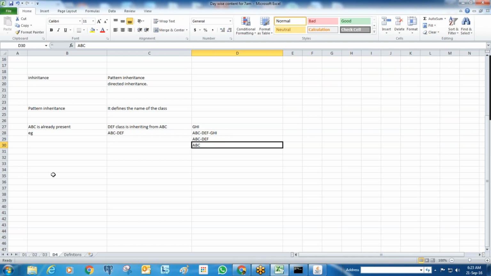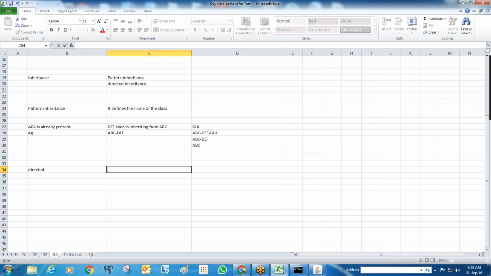That is the pattern inheritance. Given the name itself, you need to follow the inheritance. Now we have one more inheritance, directed. If you want to specify, or if you want to inherit, you can say